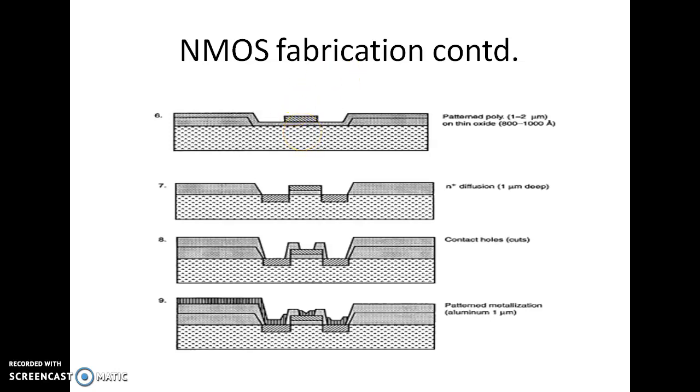So further photoresist coating and masking allows polysilicon to be patterned, and then the thin oxide is removed to expose areas into which n type of impurities are to be diffused to form the source and drain. In this portion, source and drain are to be formed. So for that we follow the diffusion. Diffusion is achieved by heating the wafer to a high temperature and passing a gas containing the dopant.